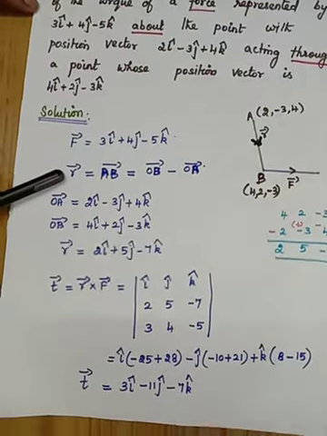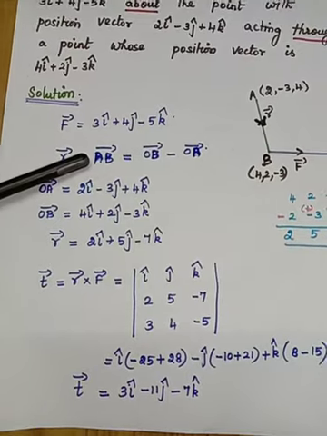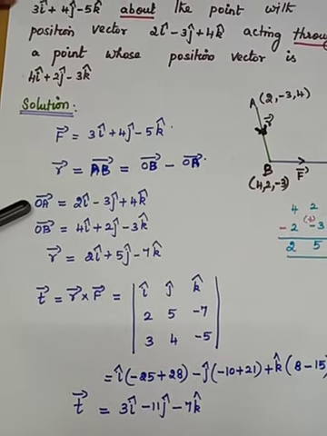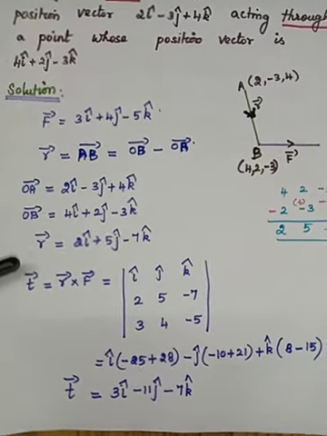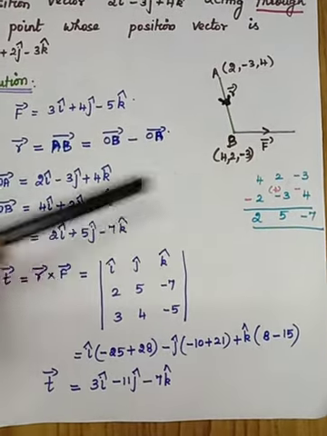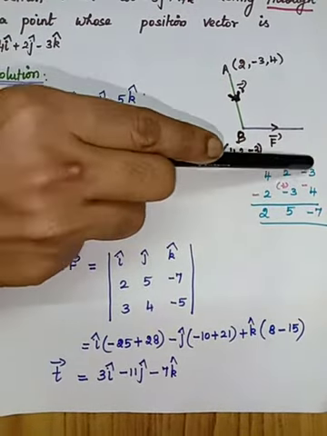So what is R vector? It is AB vector, or otherwise you can use through the point minus about the point. So A is about the point. So OA vector, OB vector I have written. So R vector. So first you have to write through the point what it is. 4, 2, minus 3.